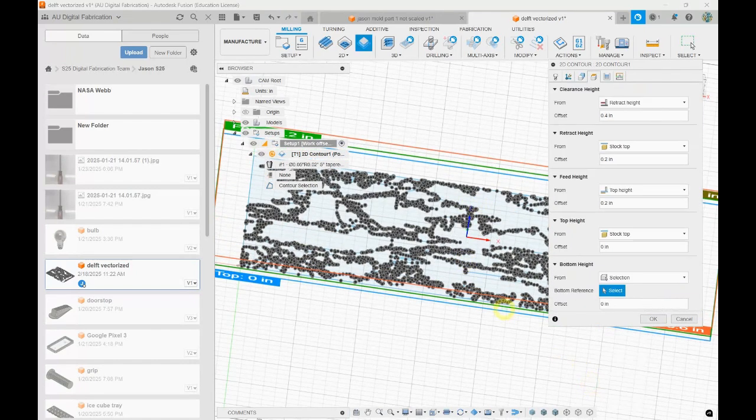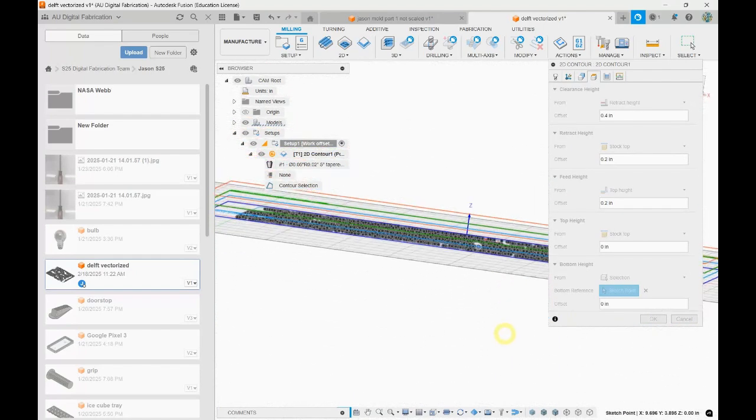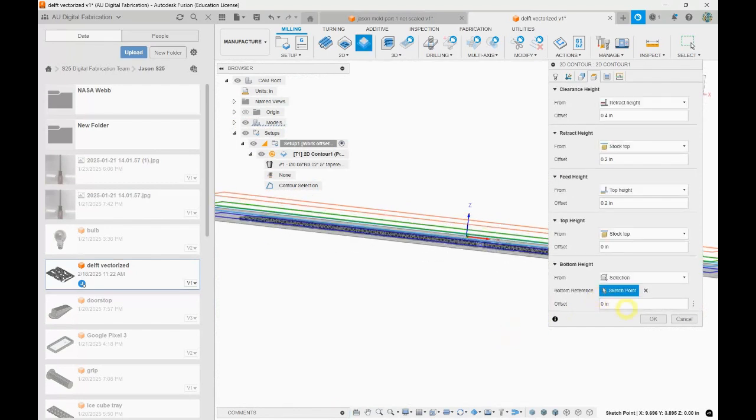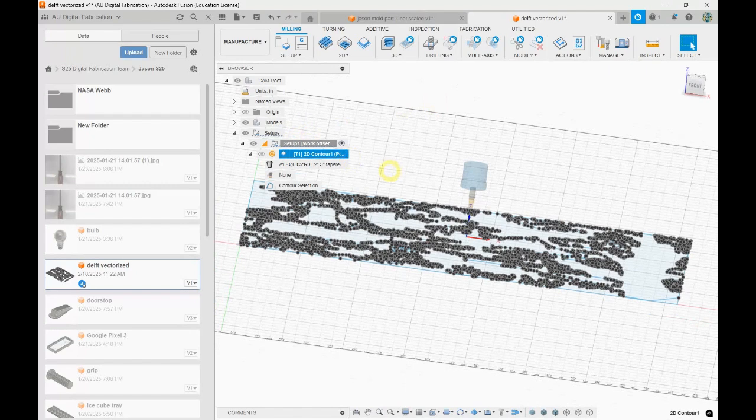I can do a selection and just choose one of these and it will set that bottom height there. But I want to go a little bit in, so I would put a negative. Then I'll generate that. And then if I simulate it,